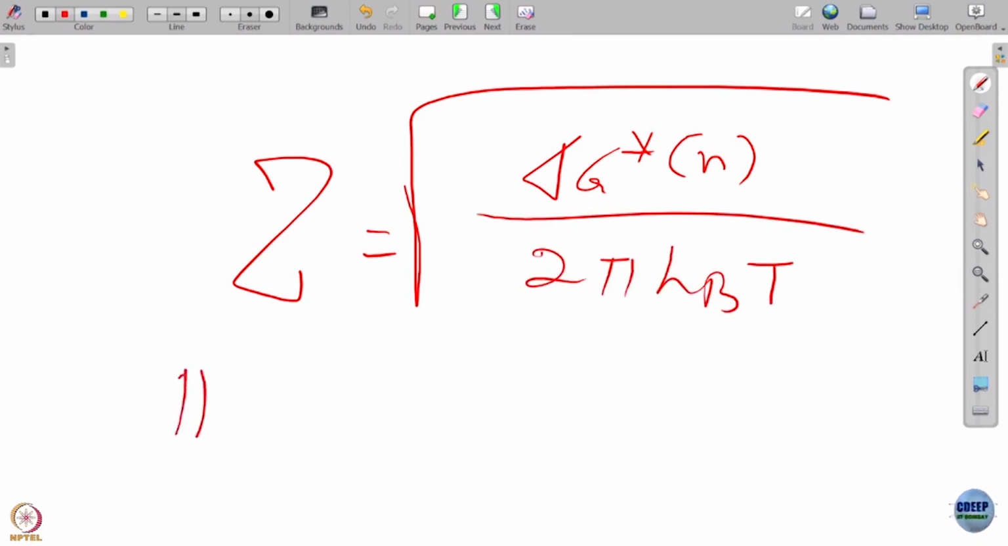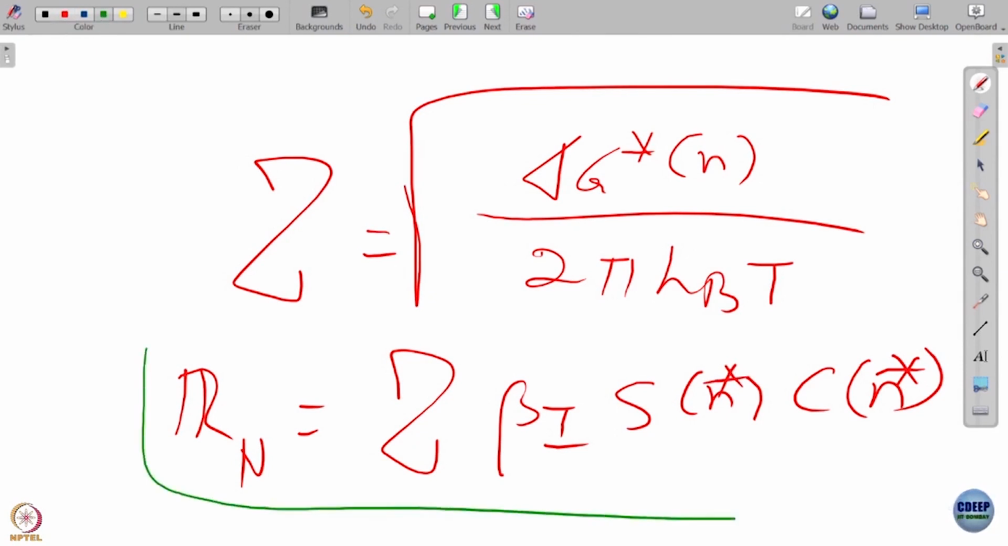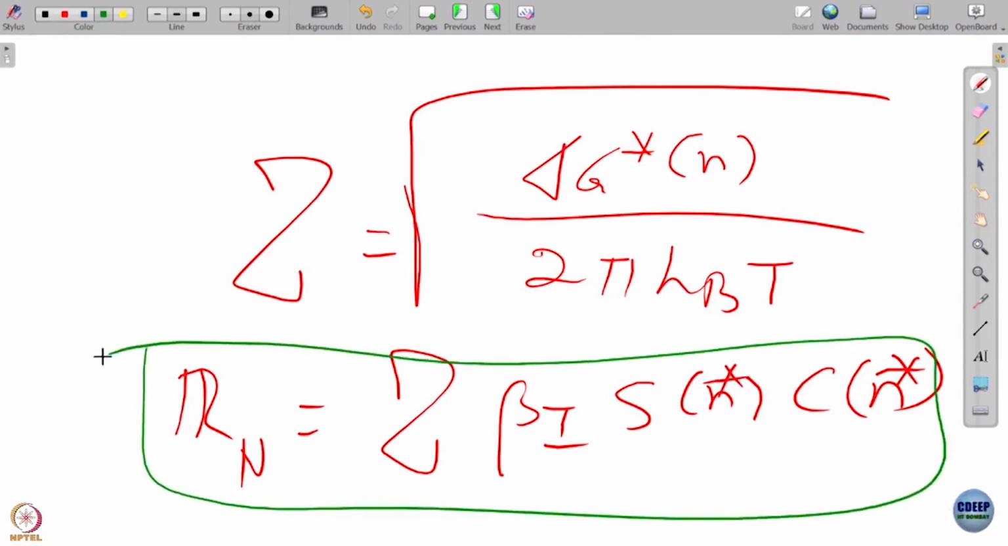And the rate is Zeldovich factor, impingement, surface ratio, Cn star. This is the rate of nucleation. The reason I did it in such great detail is given in the book,